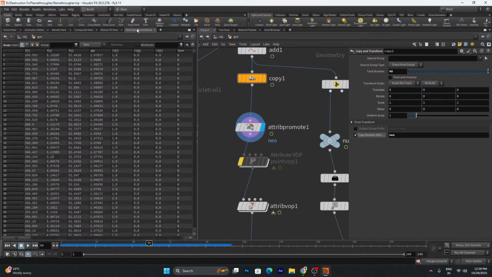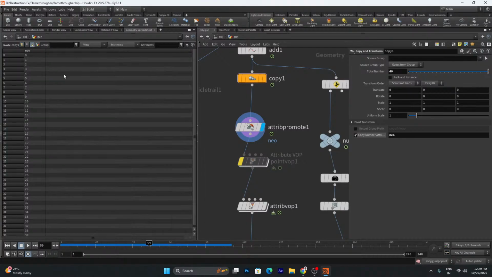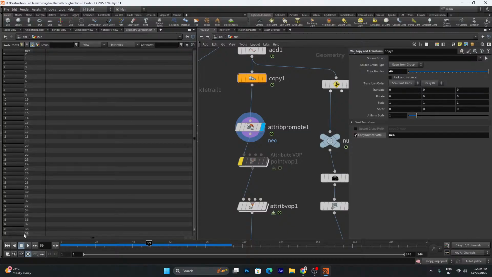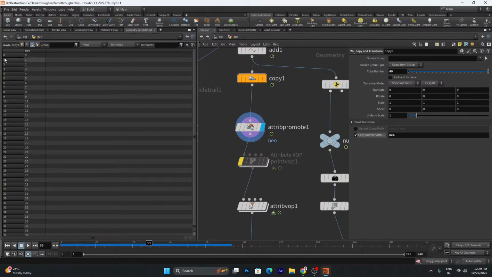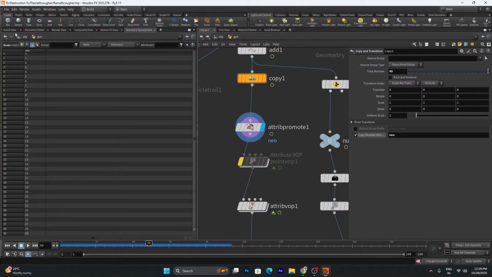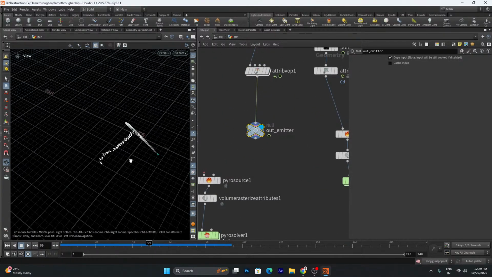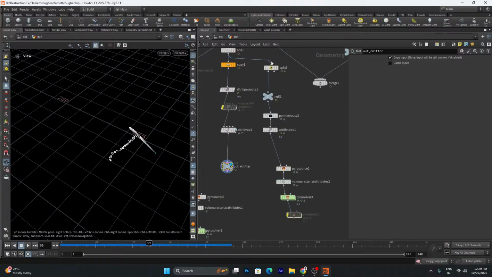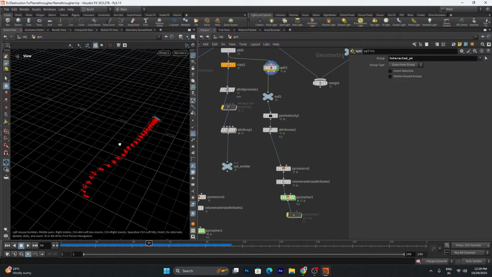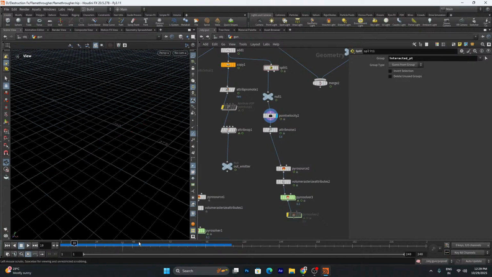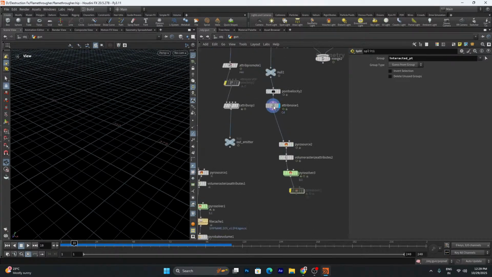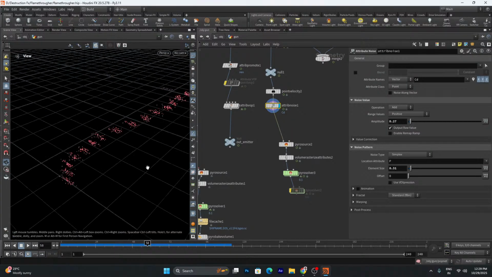If I go over to geometry spreadsheet and primitives, you can actually see we have all the points, which is 39, because we make 40 copies, and the index starts from 0, that's why it's showing 39 here. And that's it. And then this is where the interaction actually splits out. We split the points, and we added a point velocity, and here, as you can see, we added a noise attribute. This attribute actually makes